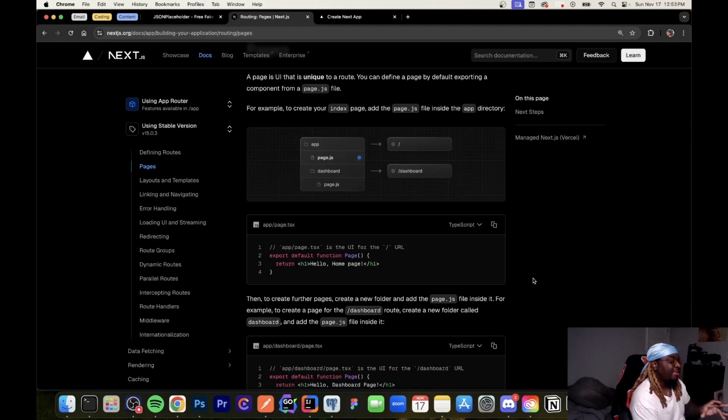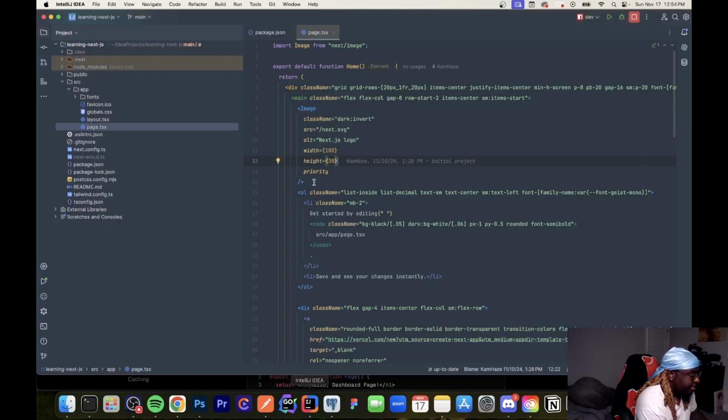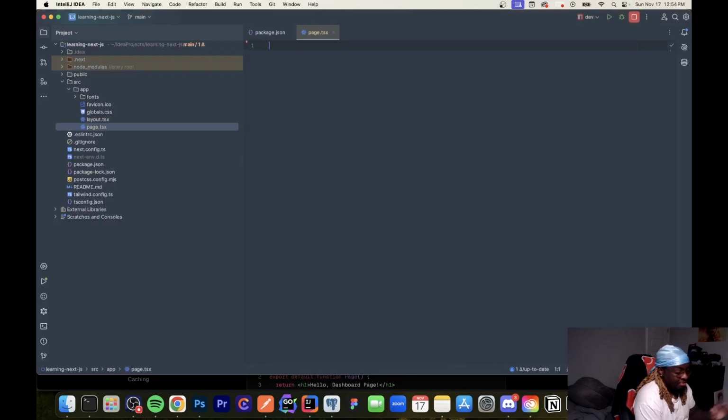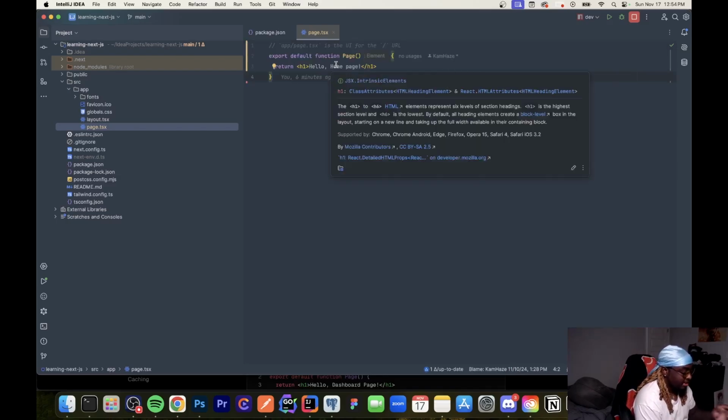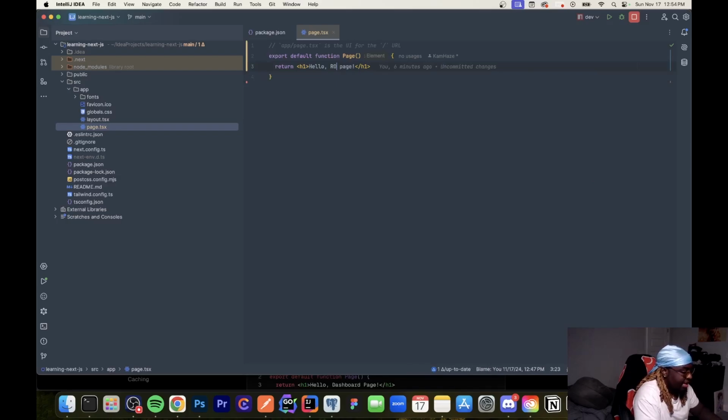So to start, let's go ahead and modify our root page component to just have a hello world instead of all of that Next.js default stuff, that gibberish that we don't really care about. So we're going to go either from the docs, or you can manually type this in. Just for the sake of time, I'm going to copy this and go into my code editor, and we're just going to copy, remove everything from this page.tsx file, and paste what we copied, just so we can see. So instead of home page, we'll just say hello root